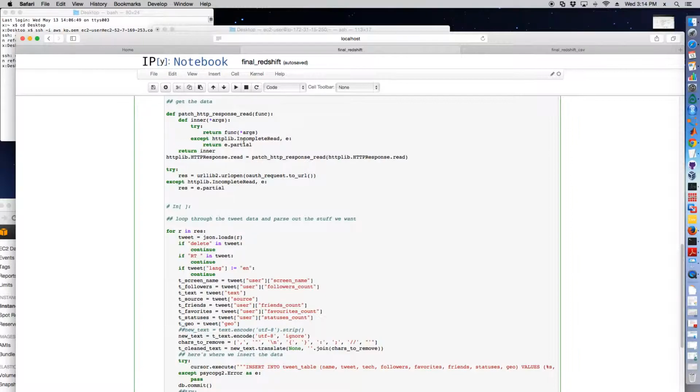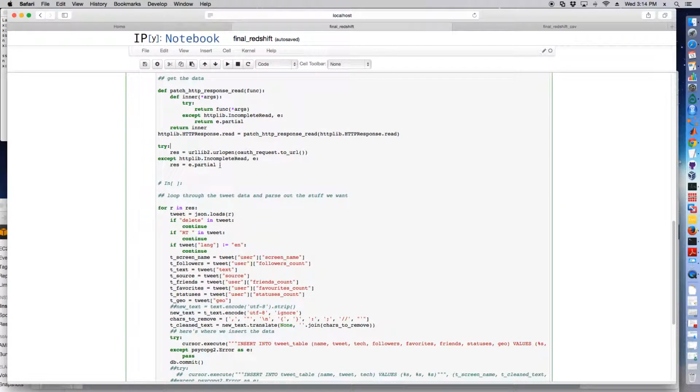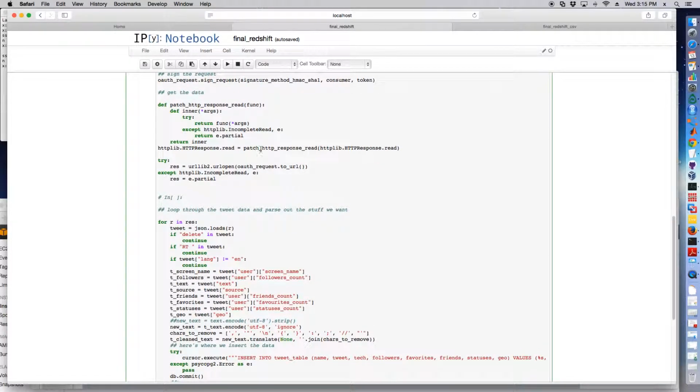Now I'm going to skip this part here for a second. Here's the actual request. I'm going to try to open up that URL with the request, and then I'm going to store that into this results variable. Now, I skipped over this part for a reason. I ran into a lot of incomplete read errors when I tried this the first few times. So I did a little bit of research, and I found that there was this monkey patch available in order to bypass all those errors. So I implemented this code that I found right before the request, and I stopped getting these incomplete read errors,